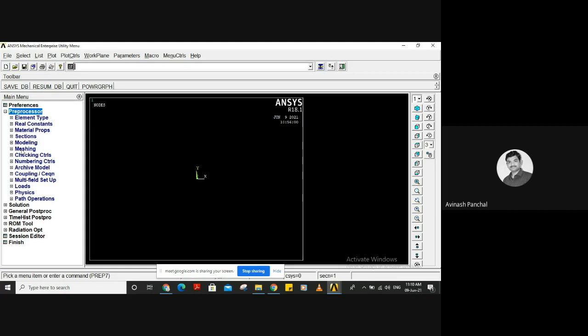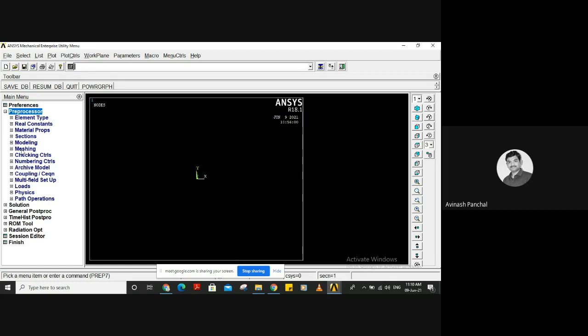We can take equal size of elements everywhere on the model, or we can have the option of changing or resizing the element size wherever it is possible, like in circular cross sections, circular holes, or circular types of bodies.